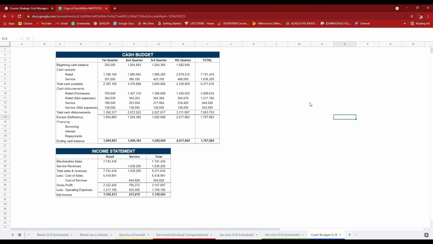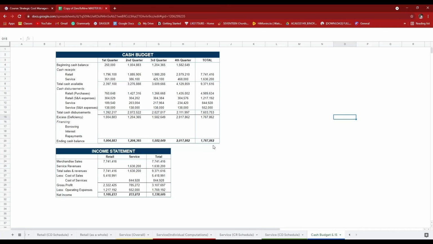For the year, the total cash receipts in retail is 7,741,416. For service, 1,630,200. The total cash available for the year is 9,371,616, less the cash disbursements in retail and services: 4,989,634 for retail purchases, 1,217,192 for retail selling and admin expenses, 844,928 for service costs, and 552,000 for service selling and admin expenses. A total cash disbursements of 7,603,753, and that will leave us an ending cash balance of